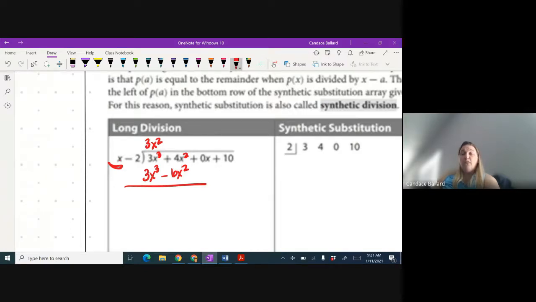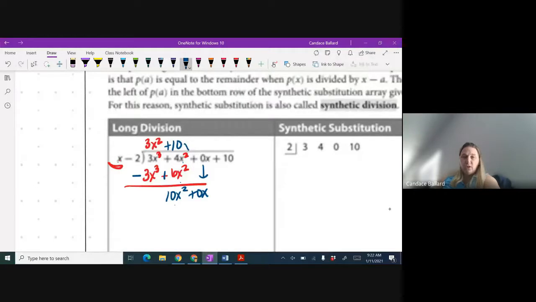Yeah, so mathematically, Annalise is correct. We're supposed to subtract. Our shortcut, what everybody else is saying, is that we need to change the signs, okay? So we're going to change it to a minus and a plus. So these cancel, and then 4x squared plus 6x squared is 10x squared, and then I'm going to drop down the 0x. Again, that's a placeholder. All right, I need to divide 10 into 10x squared, which would go in there 10x